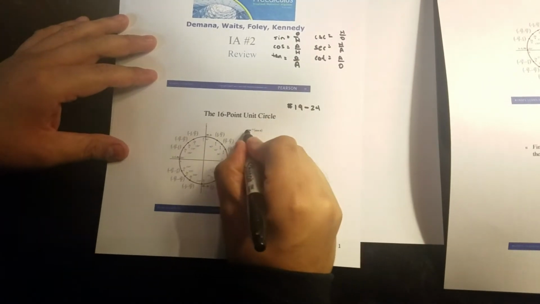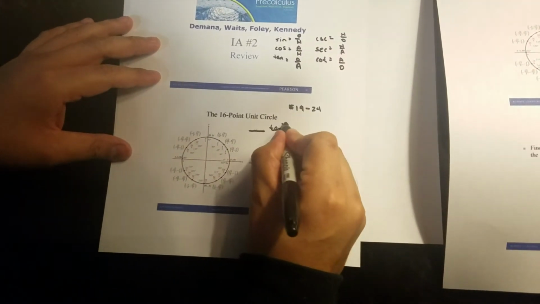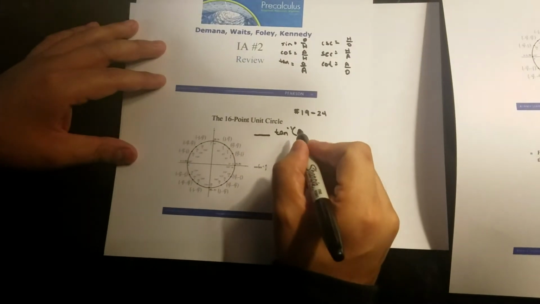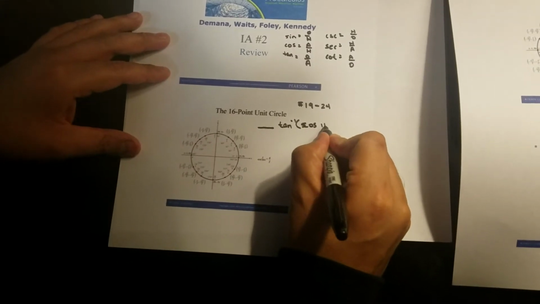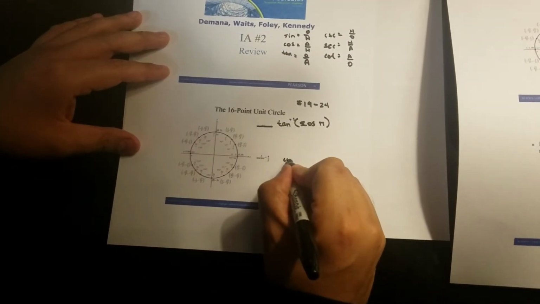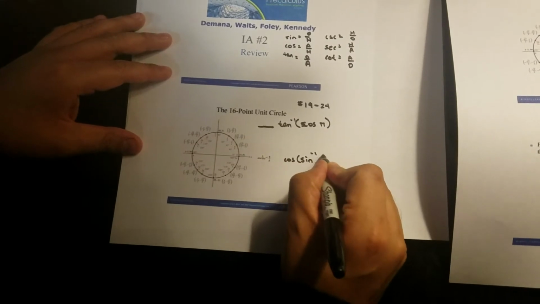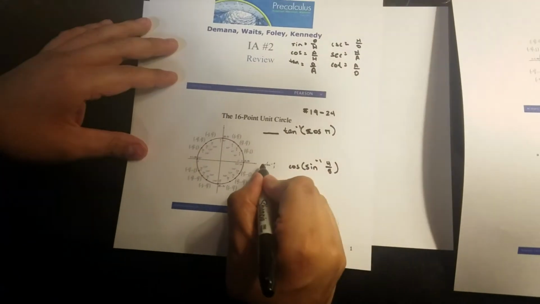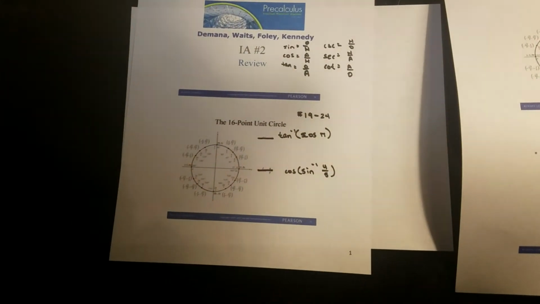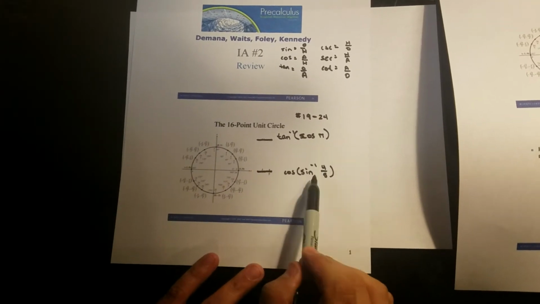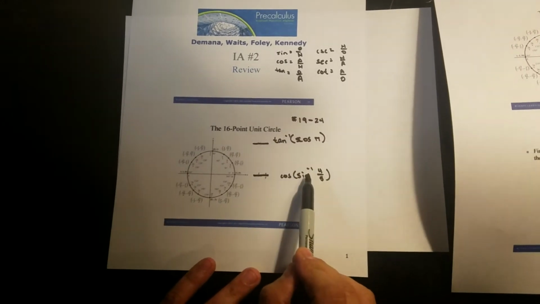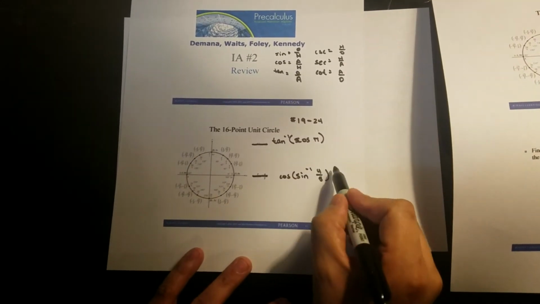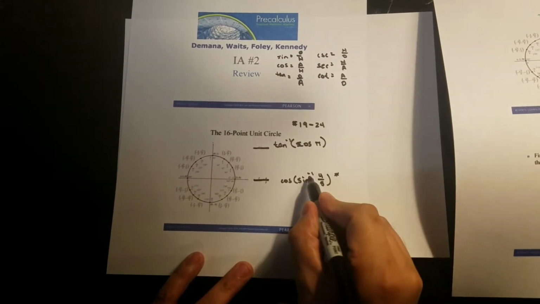But this right here is saying tangent inverse of cosine pi. This one says cosine inverse of sine inverse of 4 over 5. What you need to notice here is that these look very similar, but this one has the inverse on the outside and this one has it on the inside. This is a clue on what you need to do. Inverse on the inside,